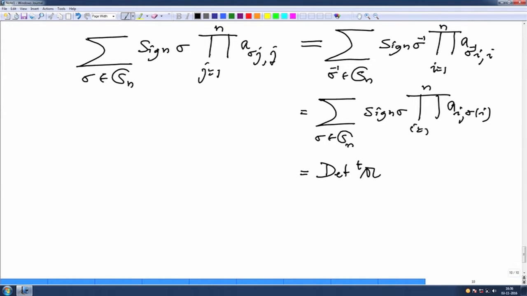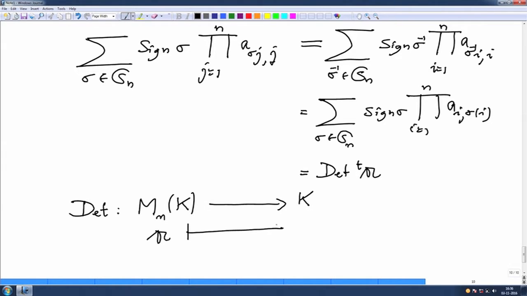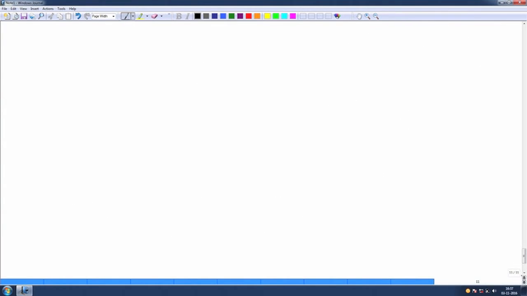So that means we have defined a map det. Think of det as a map from Mn(k) to k. Given any matrix A, map it to its determinant, and we will study the properties of this map. So for example, I want to show that this map preserves multiplication. Also this map characterizes the invertible matrices. So we have a couple of basic things to be proved, the following.